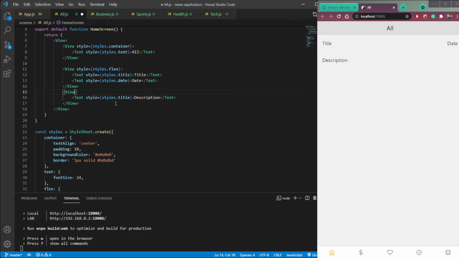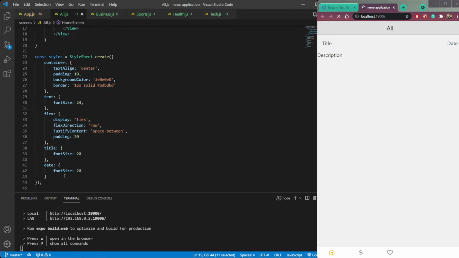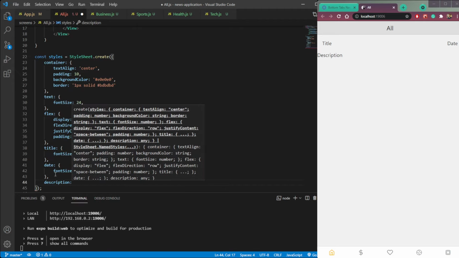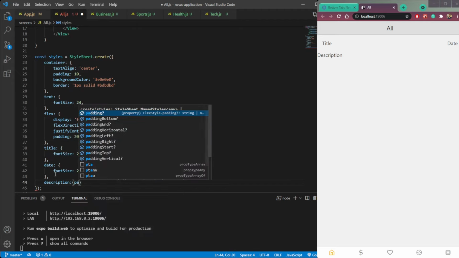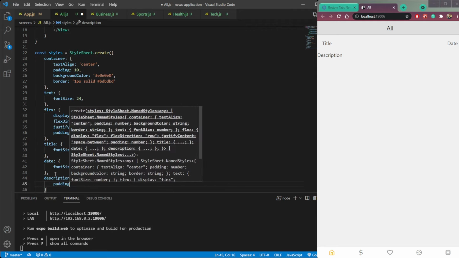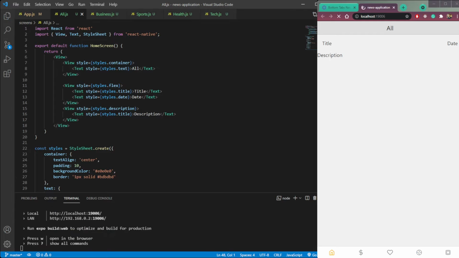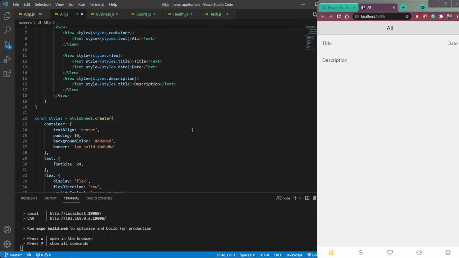Remove the style from here, or make it description, then copy and paste it here, and let's make the padding to be 20 px. Save it, and now we have title, date, and description here.